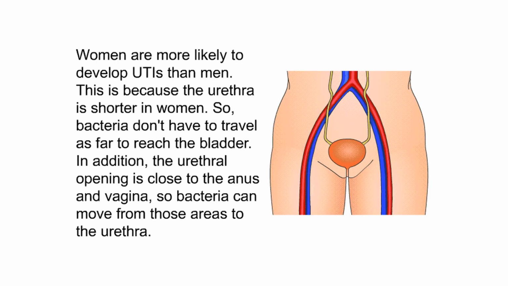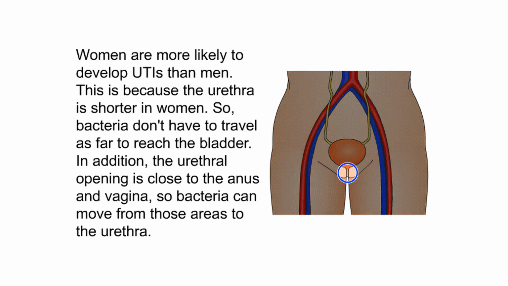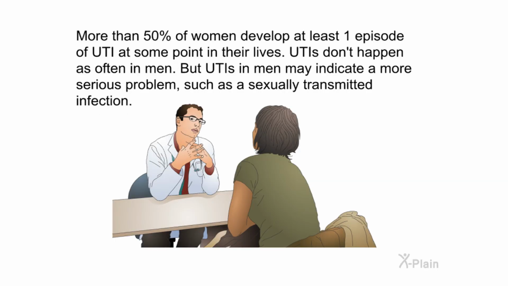Women are more likely to develop UTIs than men. This is because the urethra is shorter in women, so bacteria don't have to travel as far to reach the bladder. In addition, the urethral opening is close to the anus and vagina, so bacteria can move from those areas to the urethra. More than 50% of women develop at least one episode of UTI at some point in their lives. UTIs don't happen as often in men, but UTIs in men may indicate a more serious problem, such as a